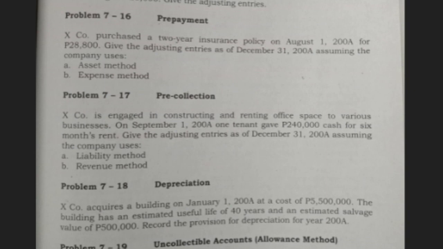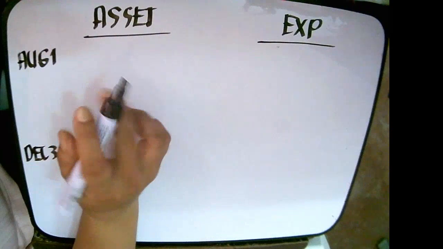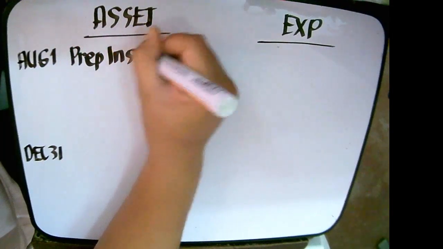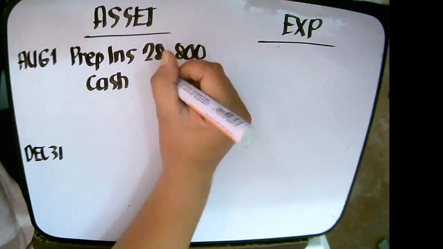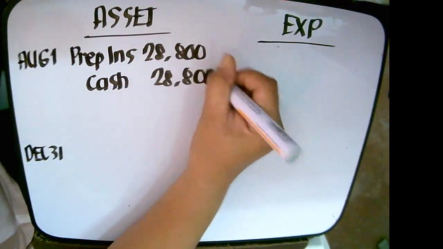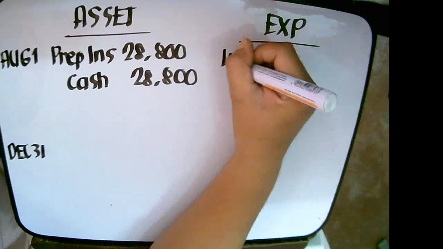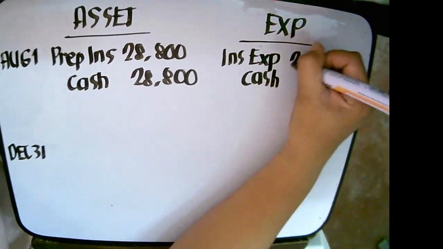So sabi sa problem, nag-purchase daw ng insurance policy on August 1 for 28,800. That is good for 2 years. So, nung August 1, under asset method, meron tayong asset. Sabihin, nag-debit ng prepaid insurance of 28,800 and then nag-credit ng cash of 28,800. Under expense method, ang ginawa, dapat merong expense account, debit ng insurance expense, and then nag-credit ng cash for the same amount,